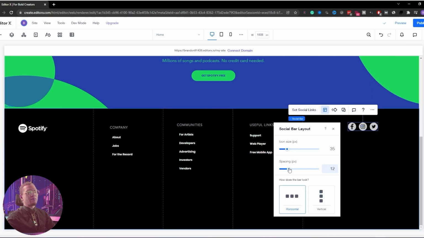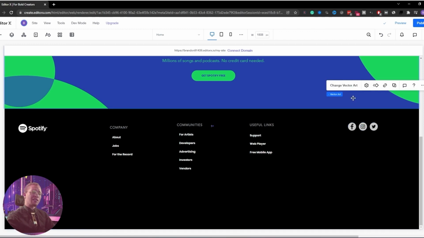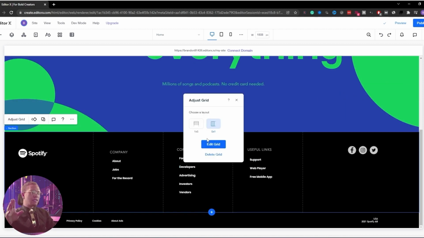So I've changed them to gray. I am now working on some of the icon sizing and spacing, and this is pretty much to my liking. So now I'm gonna move it to exactly what I want and dock it to the grid. All right, so now to add our legal sort of really small footer navigation links, as well as the USA